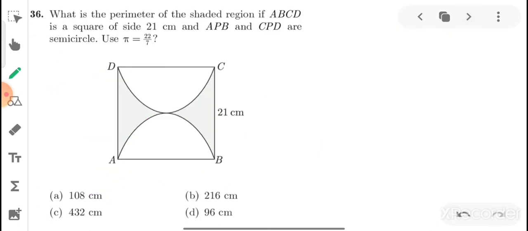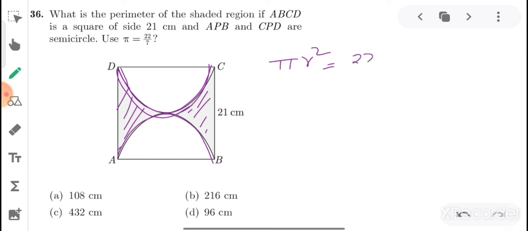Move to the next question. We have to find out the area of the shaded region. Here two half circles are there in this figure. Two half circles make one full circle, so the value of the circular region will be pi r square. We take the area of a full circle, as there are two half circles.